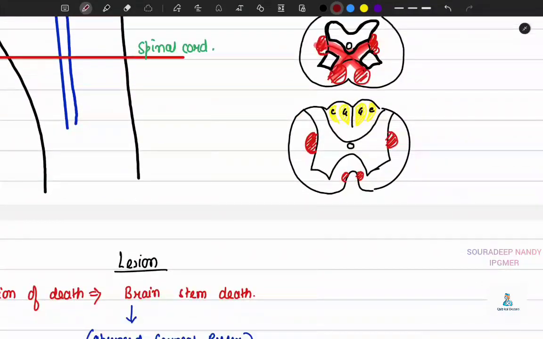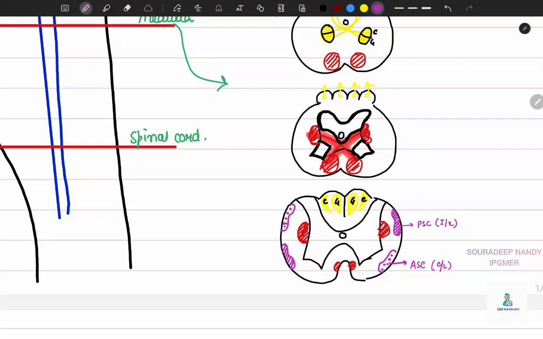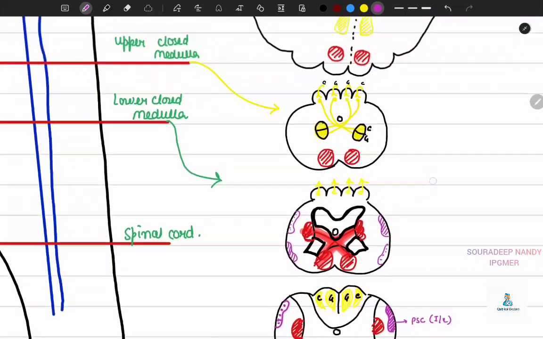Now we will discuss the spinocerebellar tracts. So there are two spinocerebellar tracts, that is anterior and posterior spinocerebellar tract. The posterior spinocerebellar tract receives information from the ipsilateral side, and the anterior spinocerebellar tract receives information from the contralateral side. So both receive information of proprioception, joint and vibration sense. So it ascends up through the lower closed medulla, then the upper closed medulla,